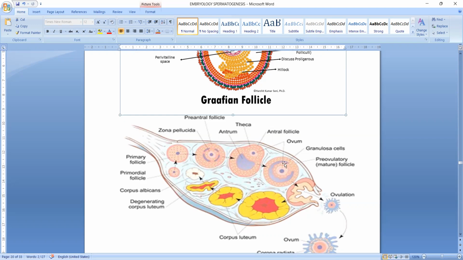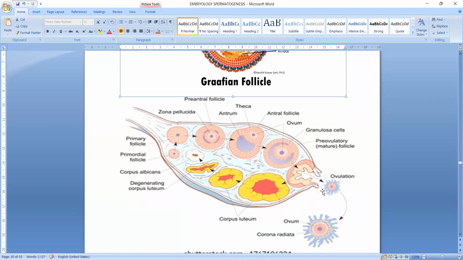Here, this is the mature follicle, the pre-ovulatory follicle or tertiary follicle. After maturation, the follicle with the ovum reaches the surface of the ovary, and here the ovary slightly bulges and the follicle is ruptured, and the ovum